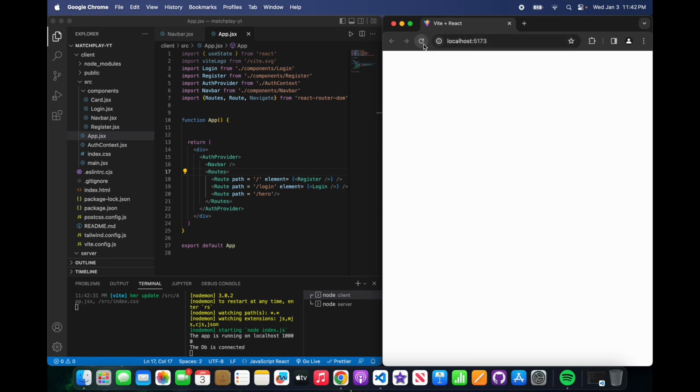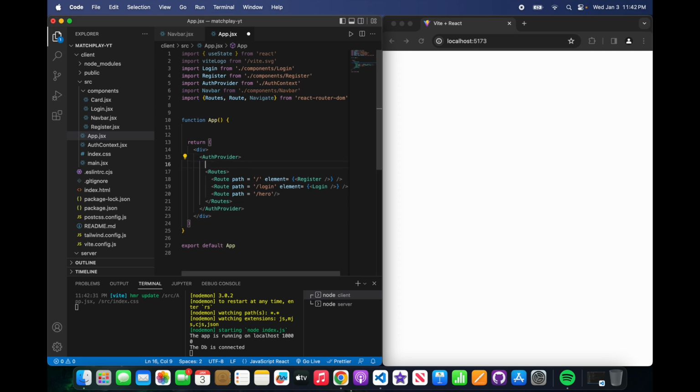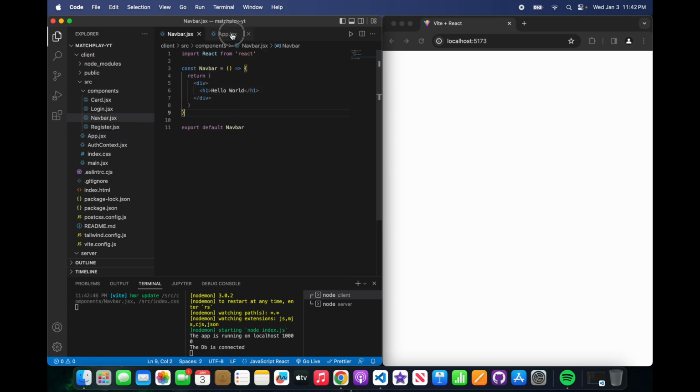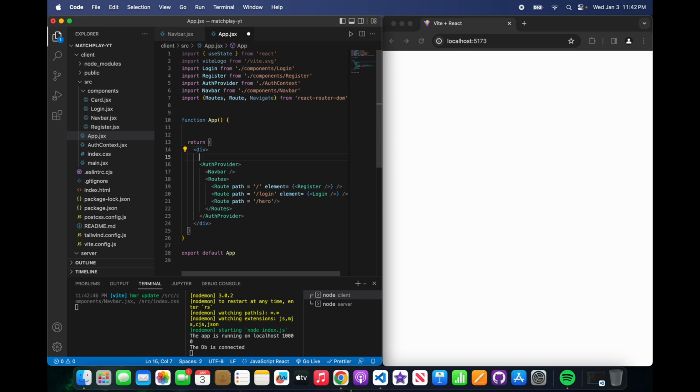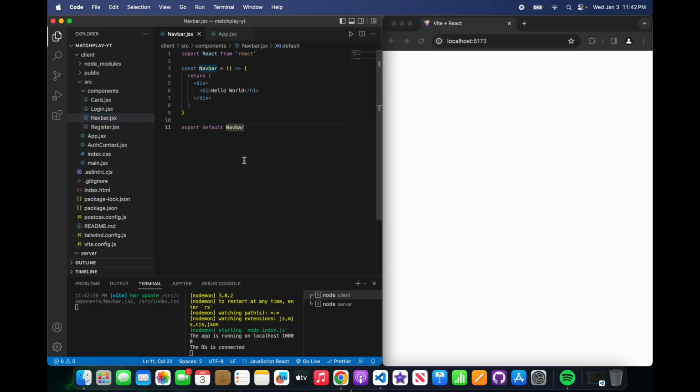So if we refresh this, I don't know why we don't see navbar. Navbar here says hello world. Okay, let's try this. Hello world. Okay, so that clearly works. So it must be some way that we are,